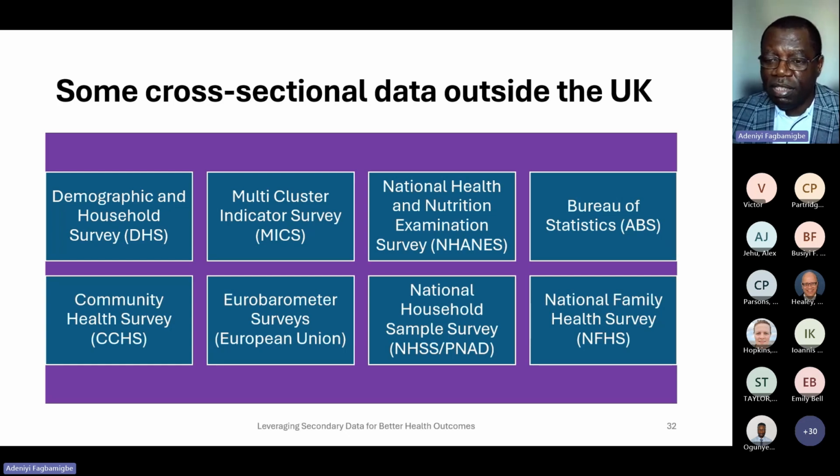We have the Bureau of Statistics, which is the equivalent of the Office for National Statistics in the UK. We have community health surveys, Eurobarometer surveys, national household sample surveys, and the National Family Health Survey. Different countries adopt different ones. We may not have each and every one of these in a particular country, but of course they will have at least one study as shown. So I will quickly show you what I've done outside